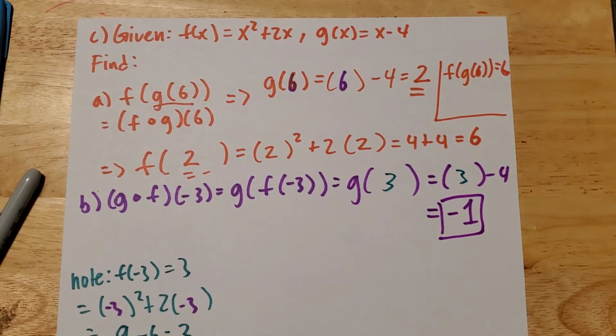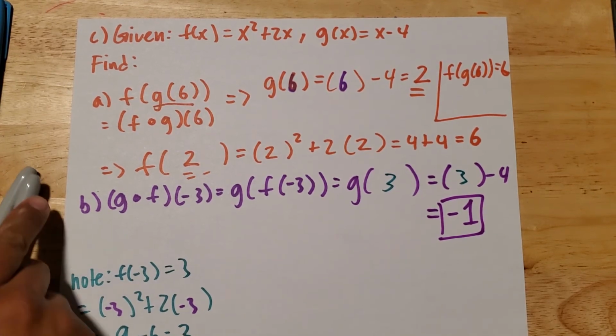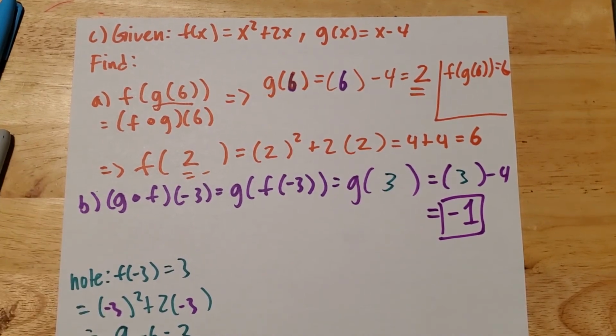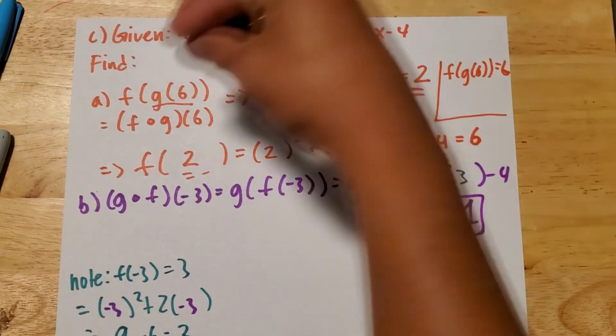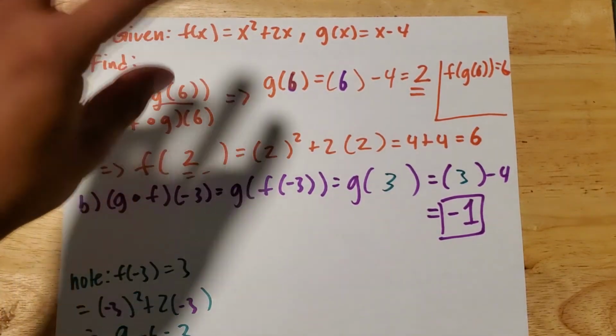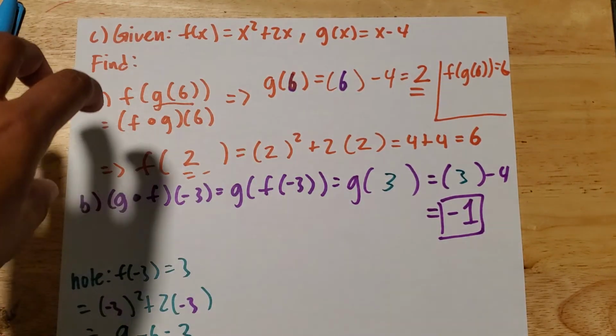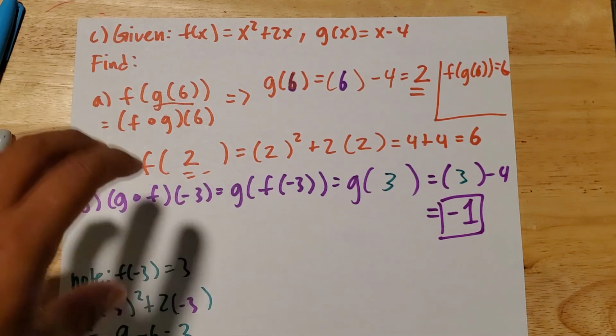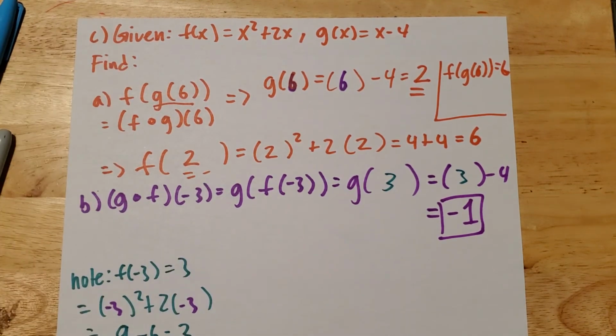Maybe I should have started off with these, but sometimes I like to start with the more difficult ones and then end with easier ones. But the idea is you have to be able to figure out how that plugging in is happening. The number gets plugged in, but you're plugging in what g of x is for that value of x. So you're plugging in